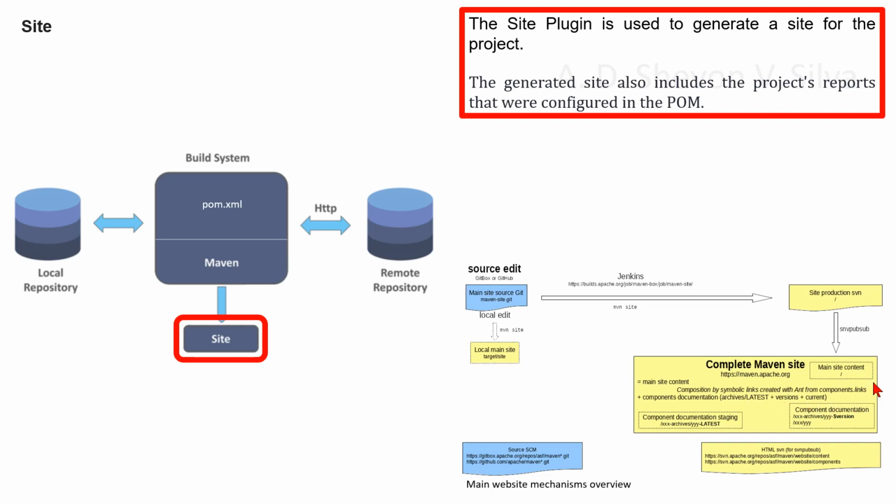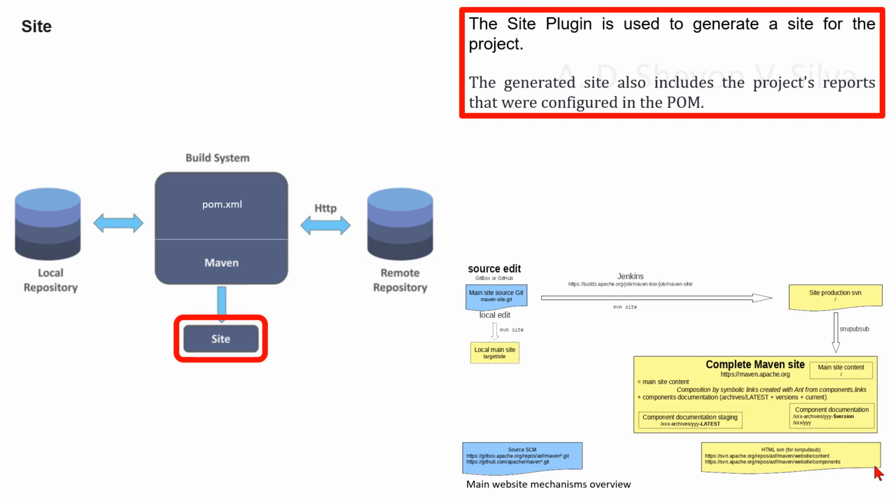The main site content component documentation is staging/xxx/archives/yyyy/latest. Component documentation/xxx/archives/yyyy/$version/xxx/yyyy and HTML SVN for SVN pubsub https://